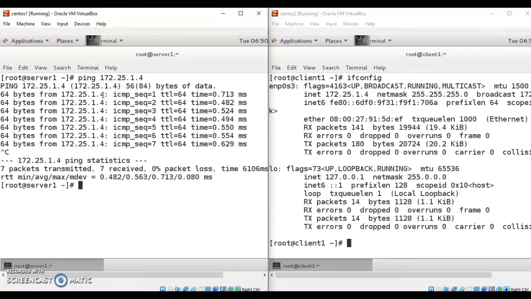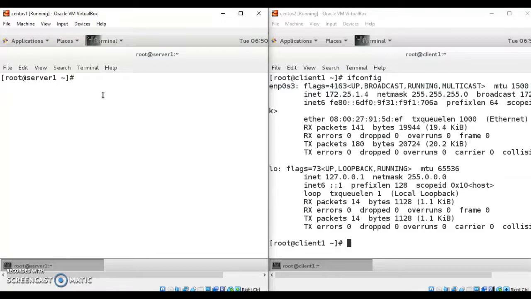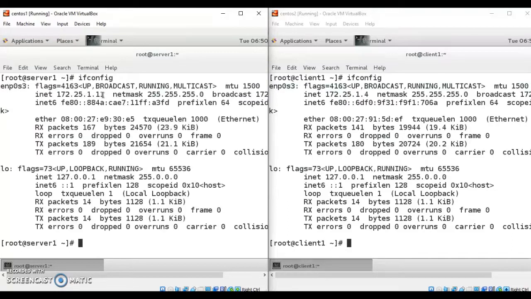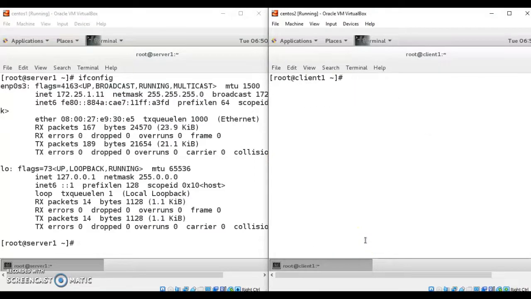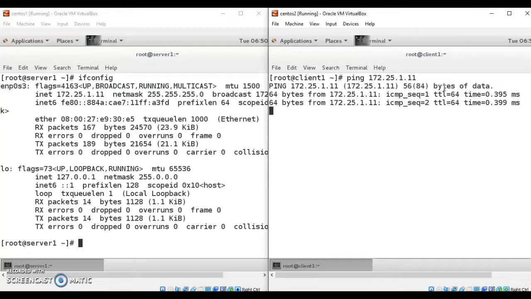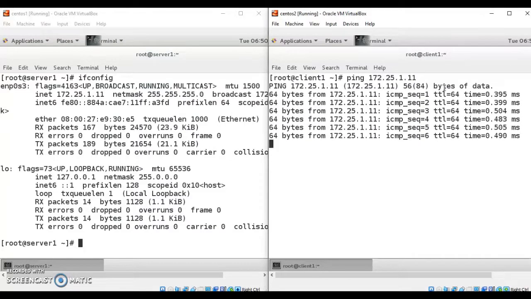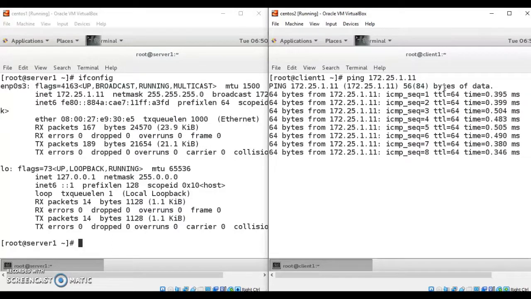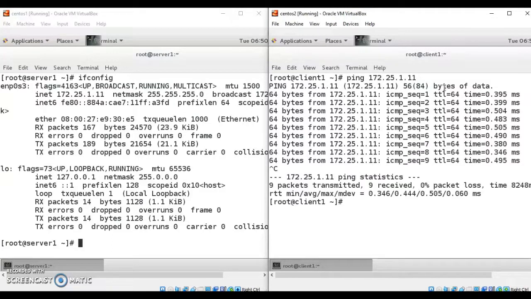Stop this by using Ctrl C, clear the screen and display the IP address of the first machine, and from the client machine, try to ping the first machine's IP address. Use the command ping 172.25.1.11. As you can see here, now this machine also is in the network and they are communicating to each other. Stop this.